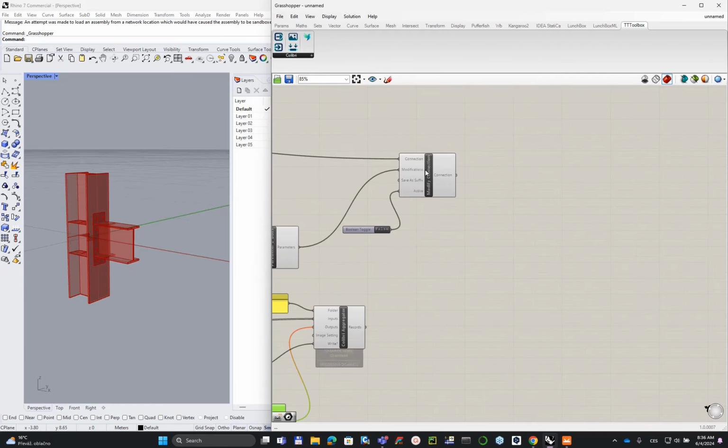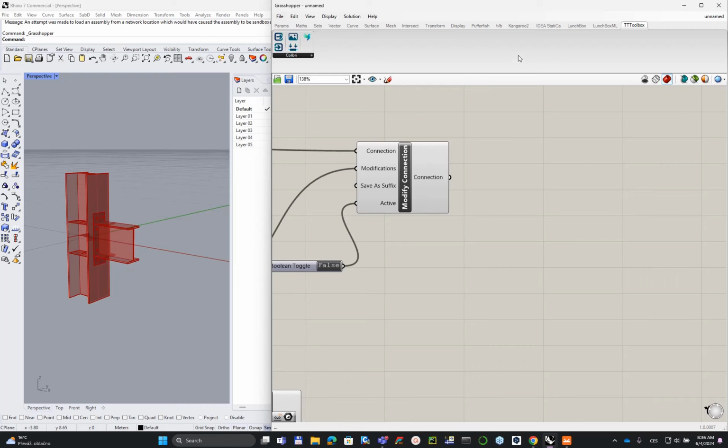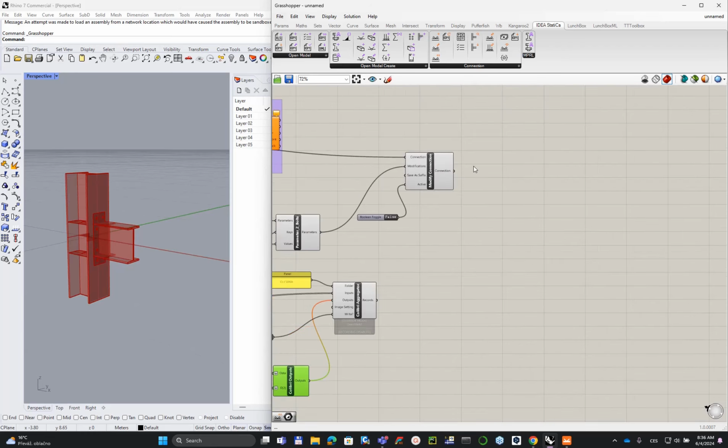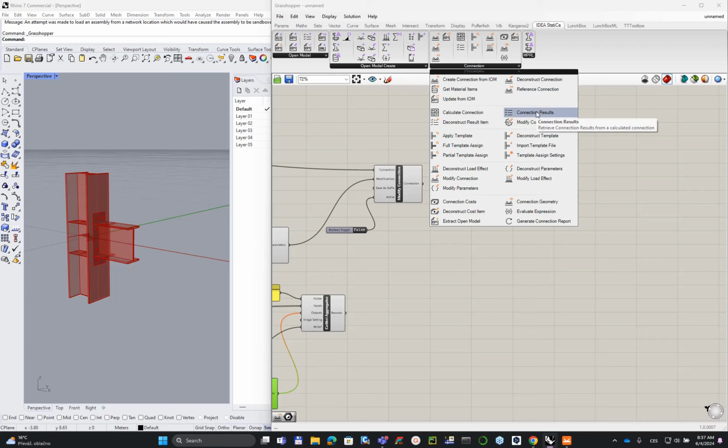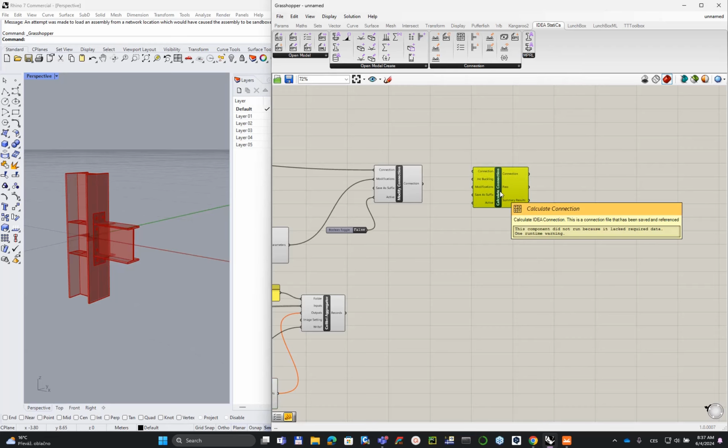from IDEA. So in the next step, we will come back to IDEA StatiCa where we need to calculate the connection. So right now we have a model, we'll be modifying the parameters, but what is missing? The calculation step. So here is the part with calculate connection. Basically, this is the same command that is in IDEA StatiCa if you would like to launch the calculation. So you can launch basically the stress strain analysis, some buckling analysis, and